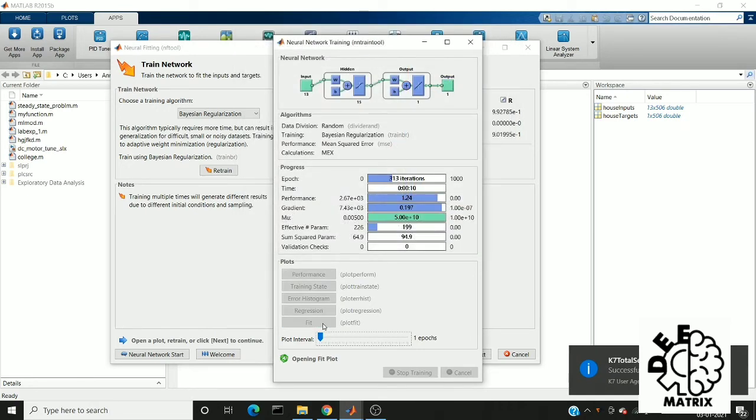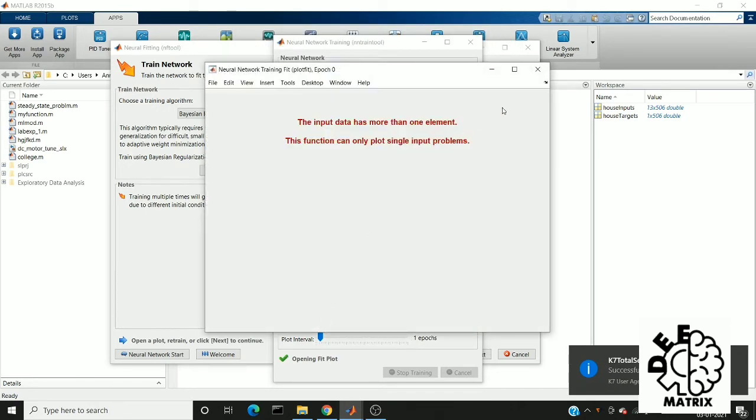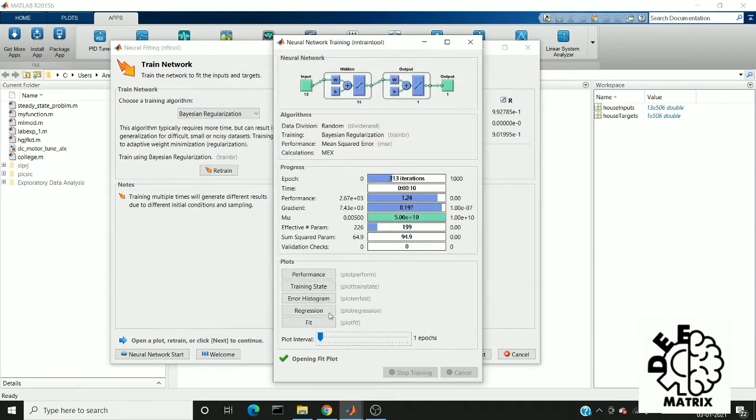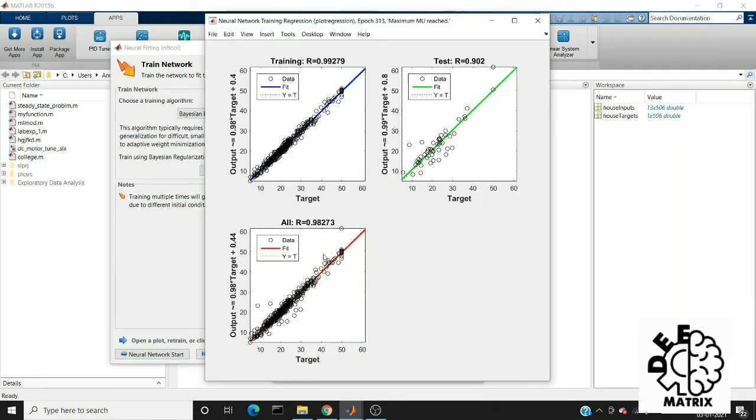Last one, fit. Sorry, for this data we don't have a fit, since it contains 13 columns and we cannot visualize it. Only the regression between two variables can be visualized. So this is a regression. Training data is present here, this is our test data, and this is our validation.